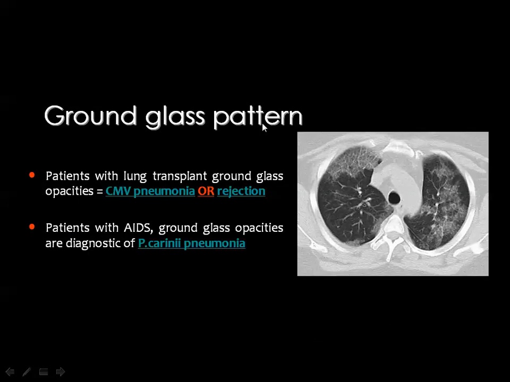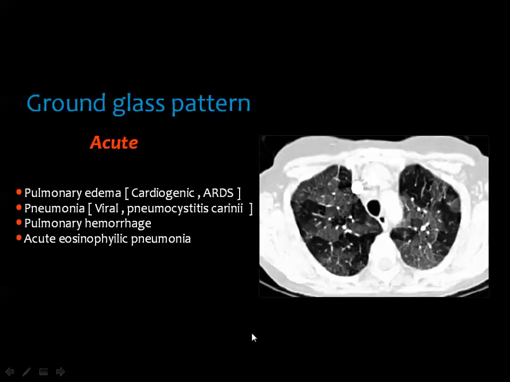Previously, the ground glass pattern was thought to be due to pneumocystis carinii pneumonia if the patient is known to be HIV positive. And if the patient is known to have a lung transplantation and you get ground glass opacities in the transplanted lung, then there are one of two possibilities. Either this is a sign of rejection or a sign of cytomegalovirus pneumonia. But